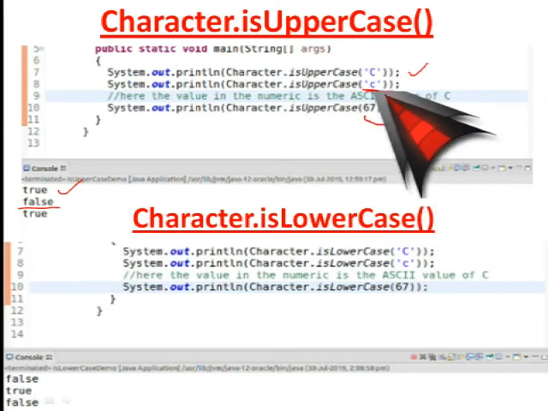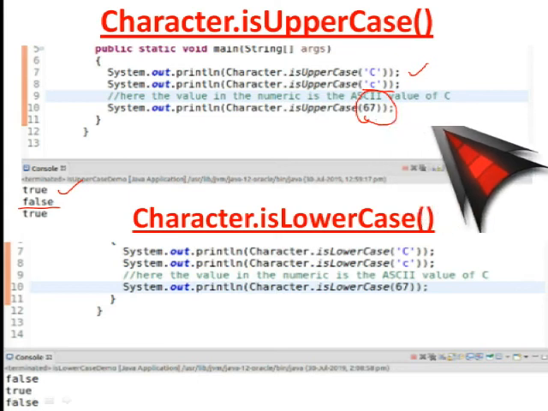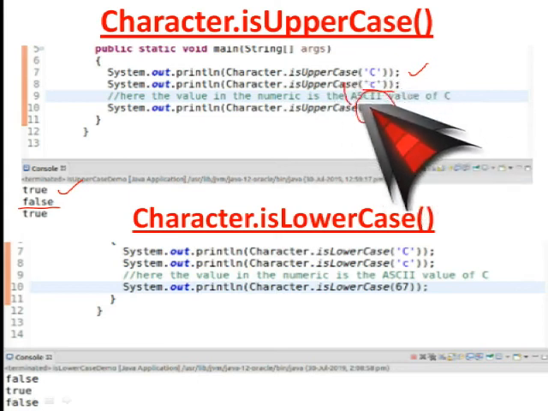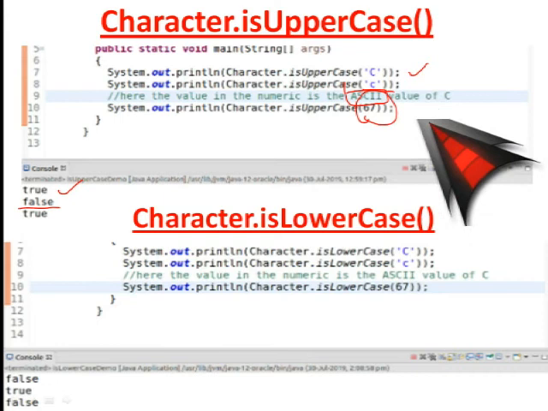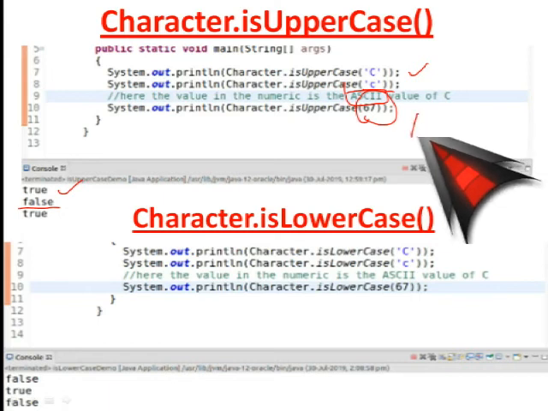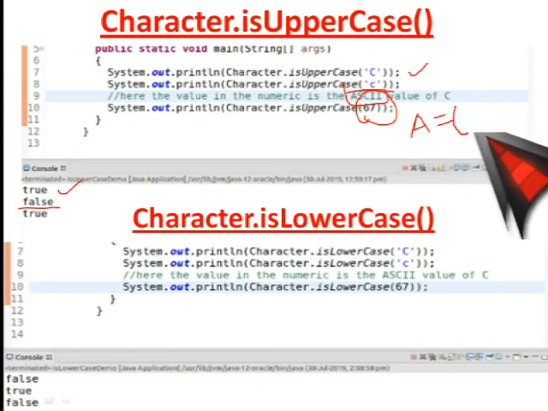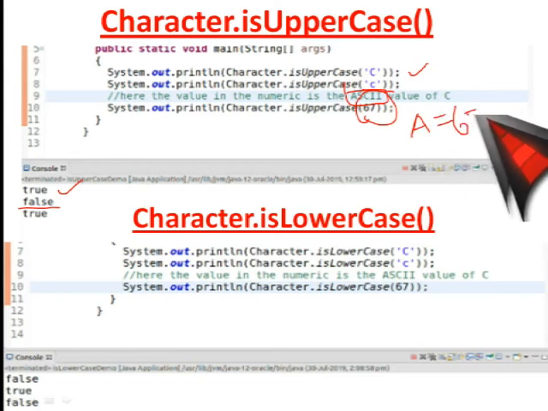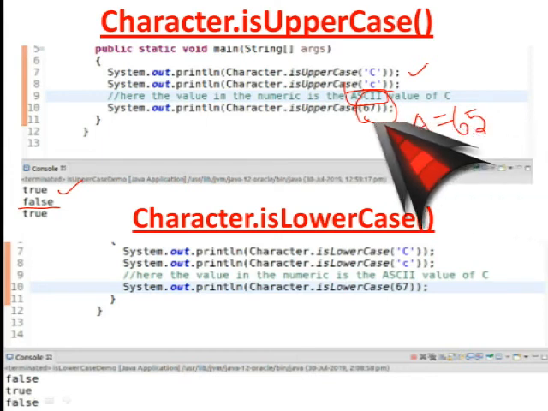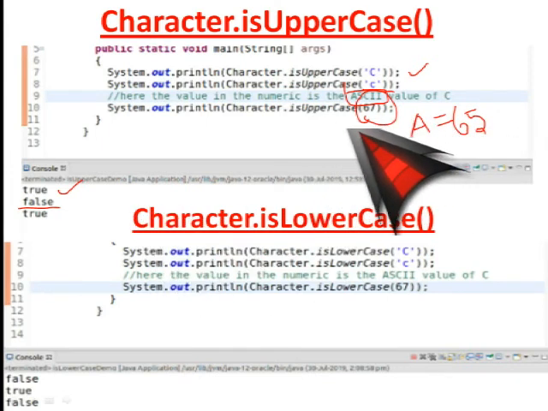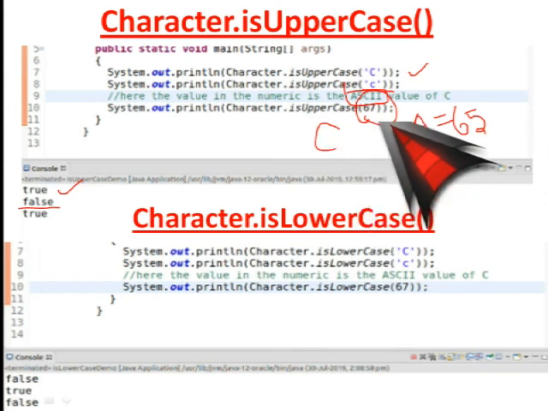It is the ASCII value. We know the capital letters' ASCII values start from capital A, which is 65. So A is 65, B is 66, like that, so 67 will be capital C. That is why the result is true.